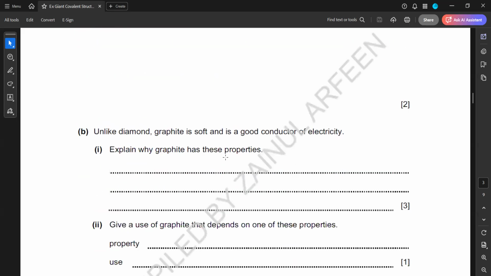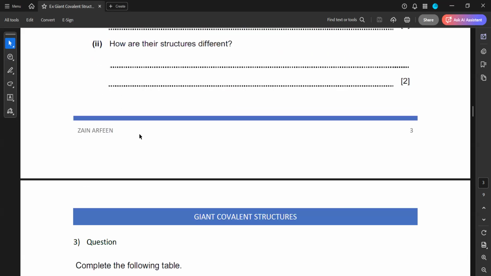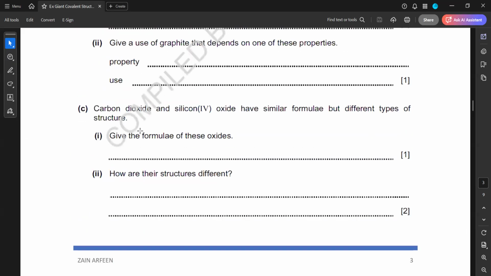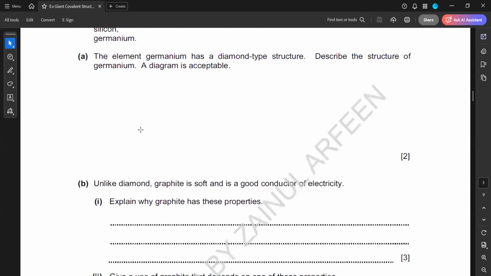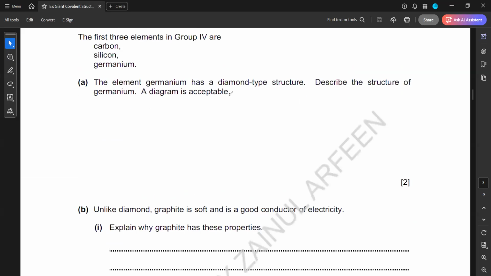Question 2, any doubt? Parts A, B, C. Question 2A: the element germanium has a diamond type structure. So they give you the hint that it has the same structure as diamond. Describe the structure of germanium. A diagram is acceptable. So either you describe it in words, if they ask us to describe the structure of germanium,